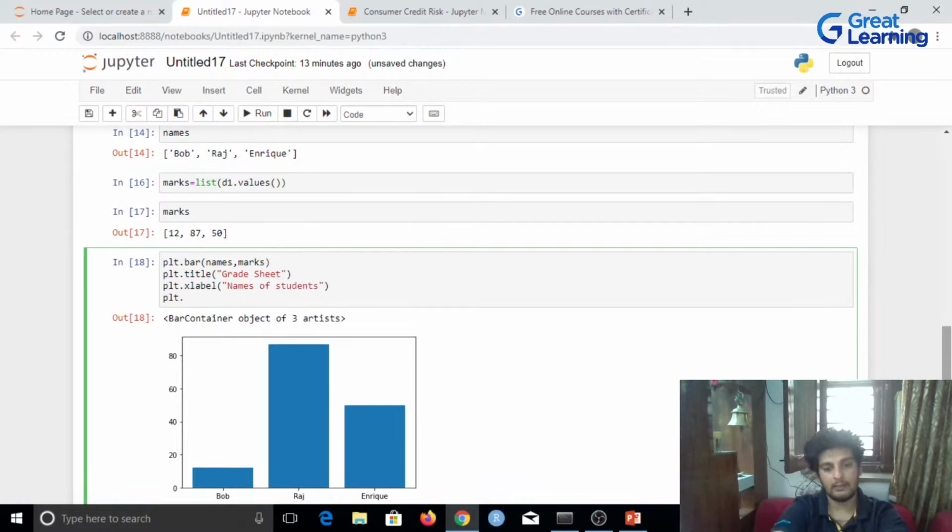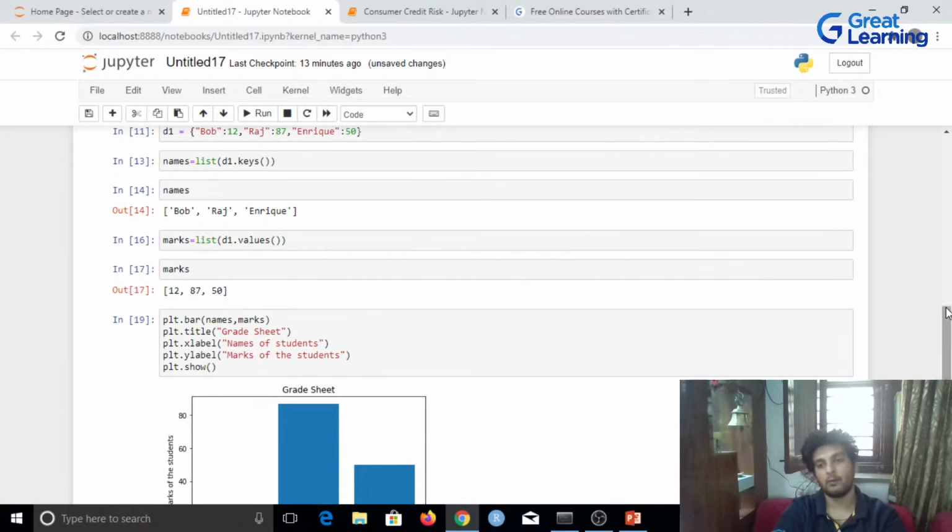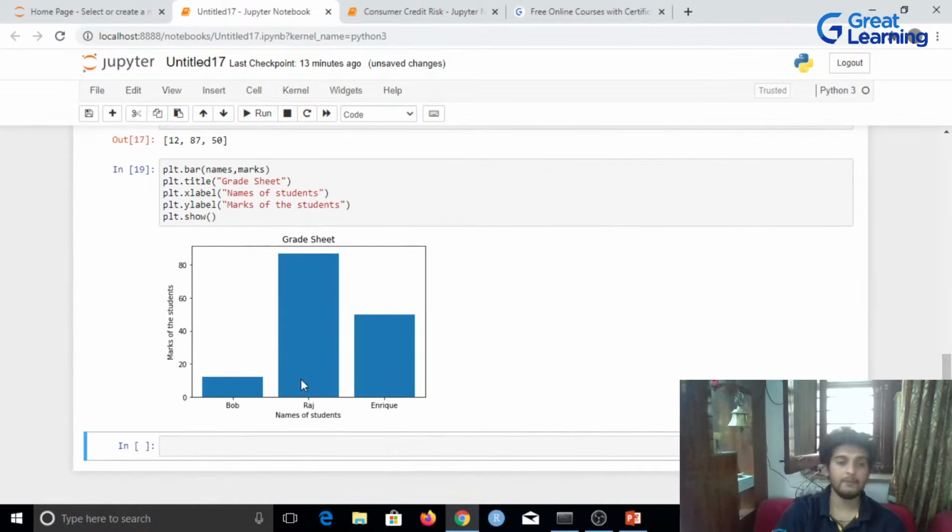Then I'll have plt.ylabel. Inside this I'll write down, what do we have on the y-axis? We've got marks. Then I'll have plt.show as well, so that I do not have this metadata, and I'll hit run. And as you see, I've got the x-axis label, the y-axis label, and the title as well over here.